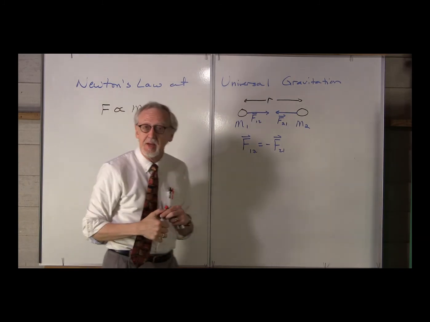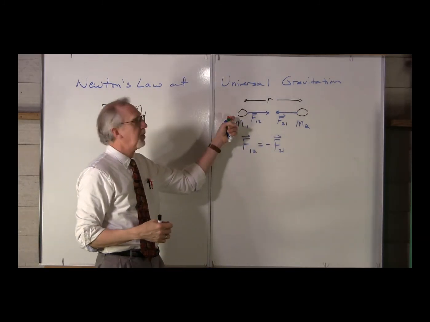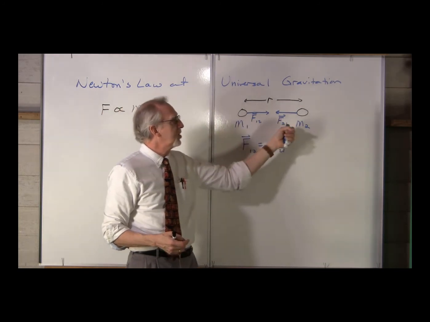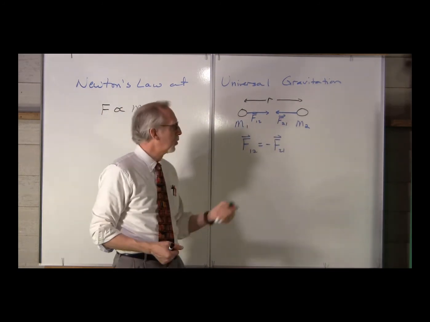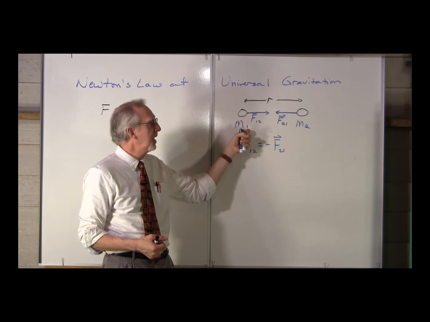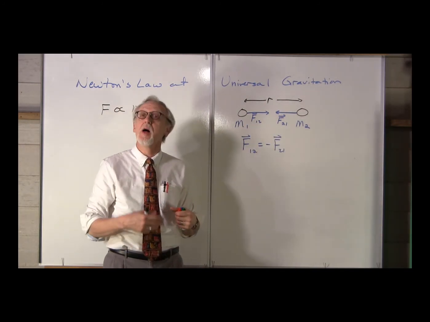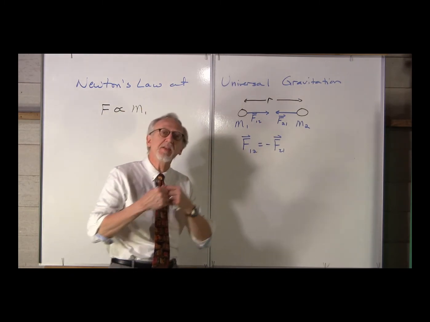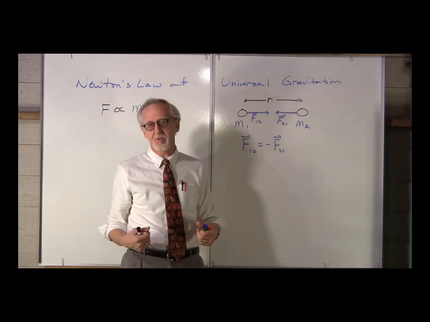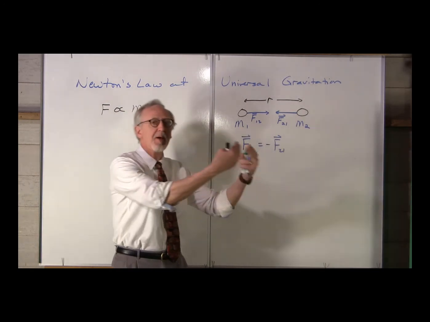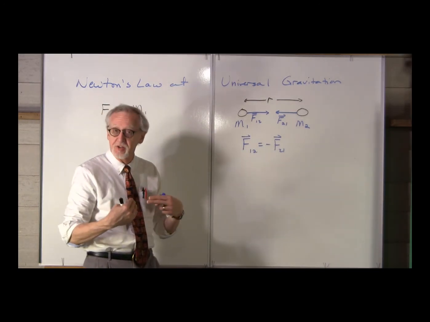What does that mean? That means if we double m1, we make it twice as big, the force of attraction is twice as large. In other words, if m1 is twice as big, m2 is attracted toward it with 2 times the force. Likewise, m1 is attracted to m2 with 2 times the force. So doubling m1 changes the amount of attraction that m2 has for m1, but also the attraction that m1 has